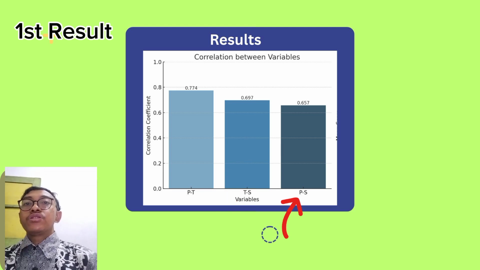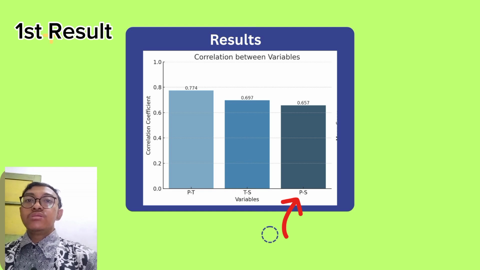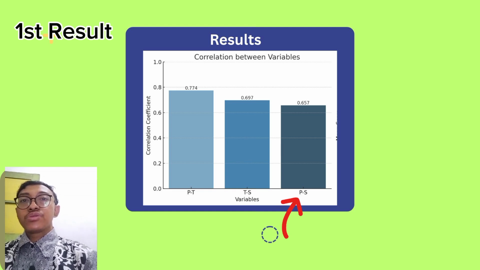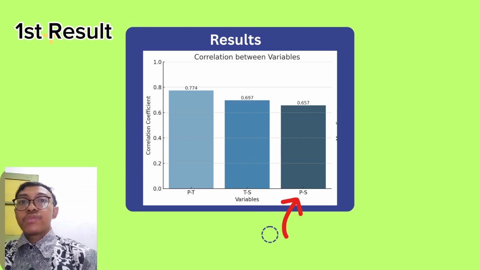The third part, which is located on your right side, PS, perceiver situation, shows r = 0.657. This is the weakest among the three, but still a strong positive correlation. The interpretation is students with strong inner motivation and positive attitudes are more likely to feel that their external environment is supportive of using AI for learning. The implication is personal enthusiasm or readiness can shape how students interpret and respond to external conditions, like infrastructure or